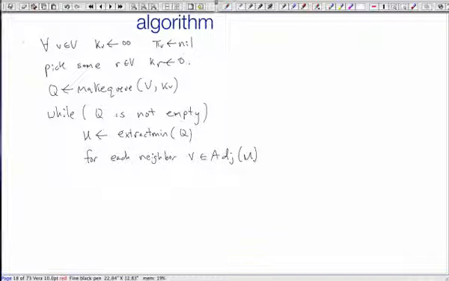Now remember, we're maintaining a tree. Every time we add some node to this tree, we need to add all of the edges. Because we need to keep track of all the edges that emanate from this tree, when we add a new node to this tree, we look at all of the edges that this new node has, and we want to add them to our data structure. Okay, so